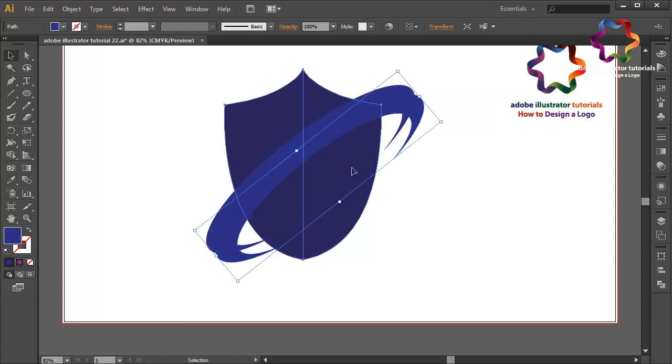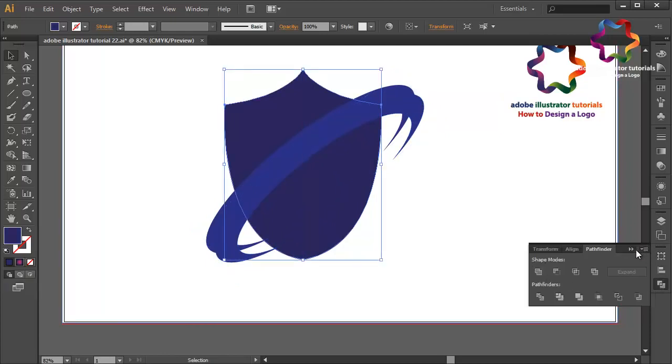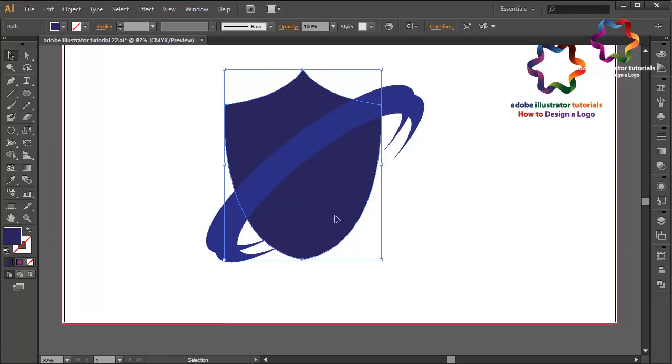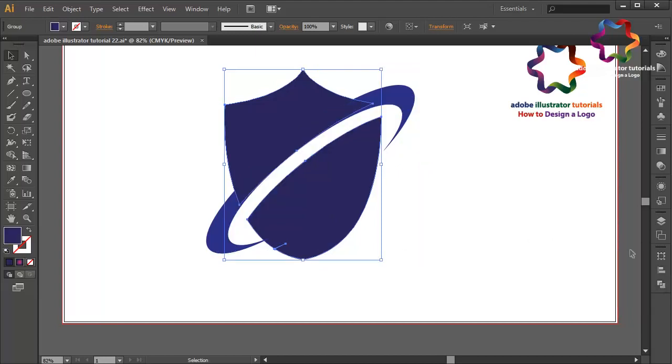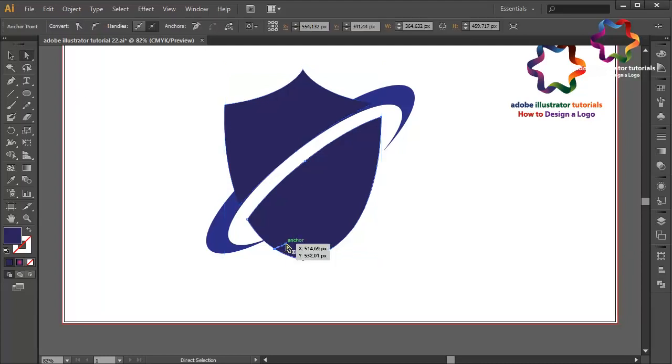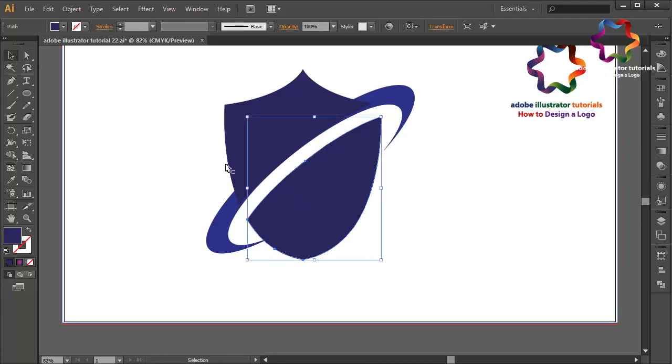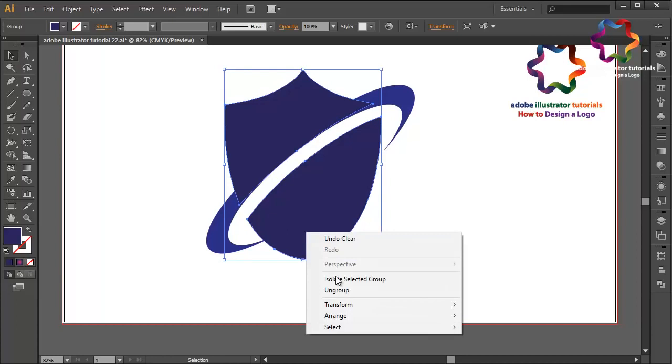And select this shield. Go to Pathfinder and click unite to combine this object, and select this shield and this object too and go to Pathfinder and click minus front. Okay, maybe I need to remove this point. Click on this point and remove or delete. You can press delete on your key. Right click, select ungroup,